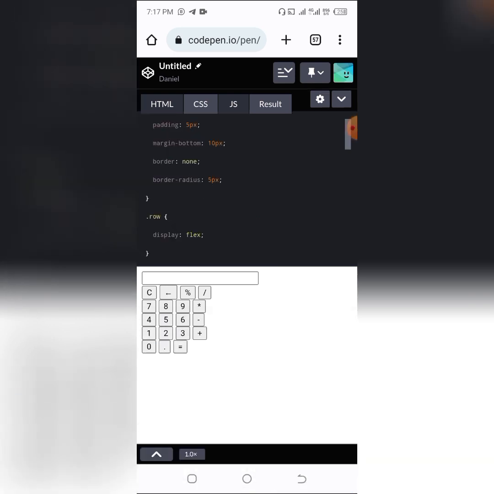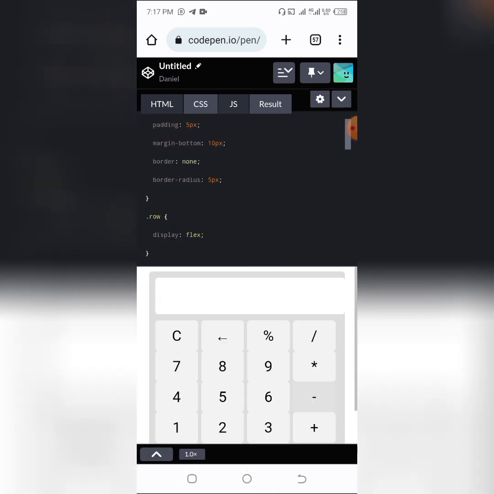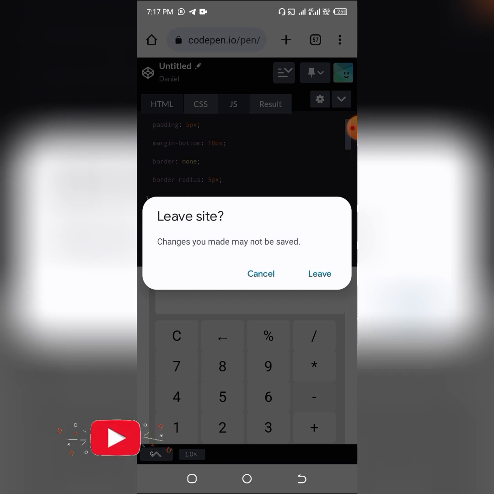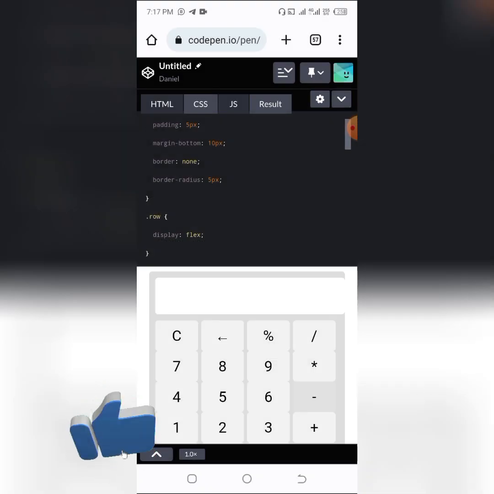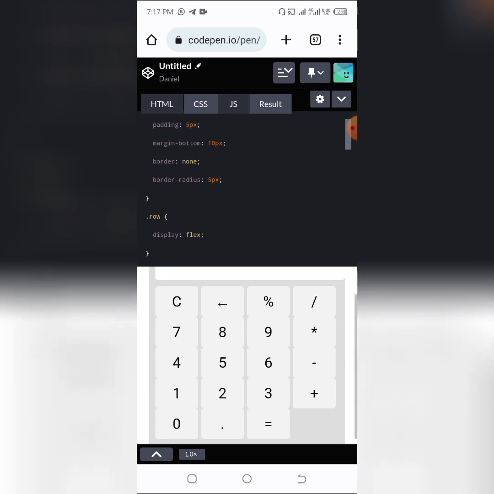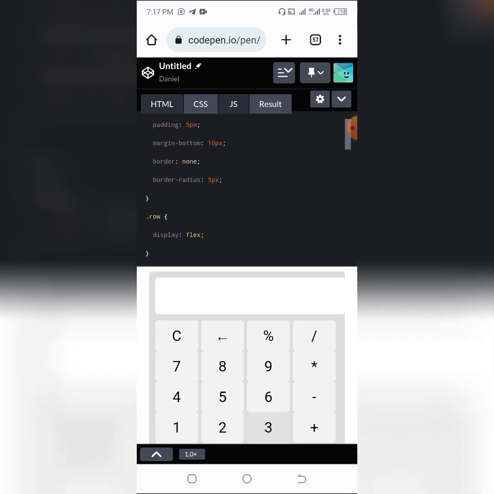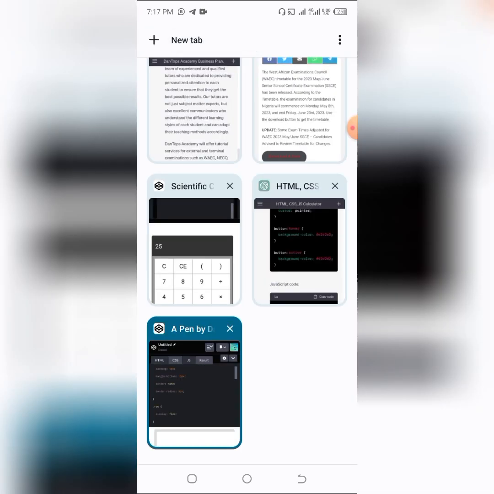So when I paste that, what CSS does is to make my calculator beautiful. So as you can see here, it's now beautiful. Now you may have a different interface or different beauty that this particular code is going to give to you, depending on the mood. I call it the mood, depending on the mood which ChatGPT is in. So this is how it is. Presently it's not going to work here until I give it JavaScript, which will give it a level of functionality. So I'm going to come here